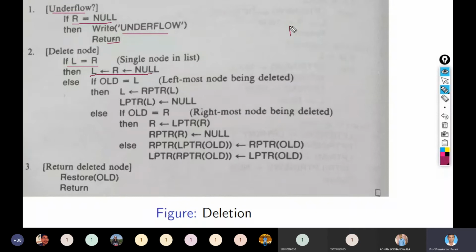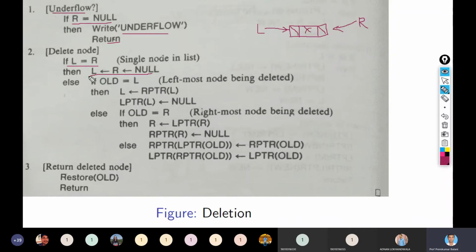Right? Suppose this is my doubly linked list and it has only one node, right? And L is pointing to this, and R is also pointing to this. And the links LPTR and RPTR are obviously going to be null because this is the first node and some information is there in this node.